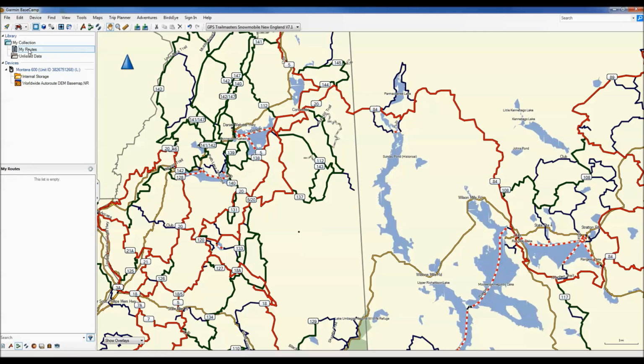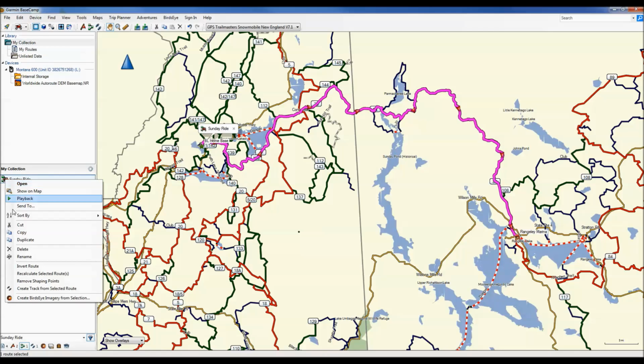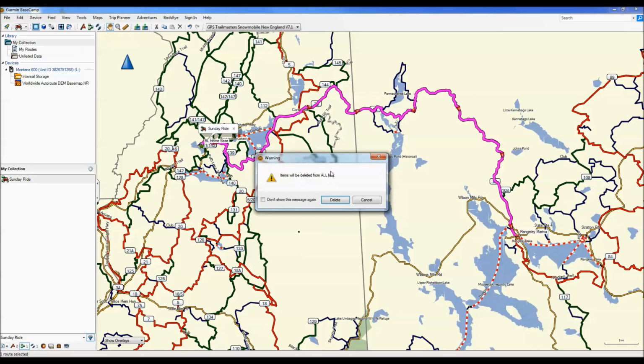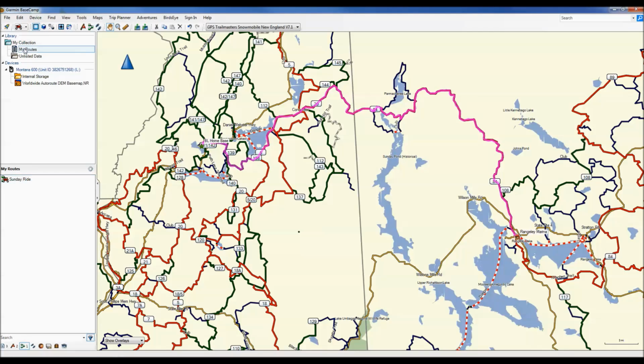So you can either select my routes, which does not have our routes in it, so let me just show you quickly. Our Sunday ride was created in the My Collection top folder. We can just drag that up into My Routes. And it's actually in both places now, so we can delete it from here. And that says it will be deleted from all lists, so we won't do that. So we'll go back to My Routes,